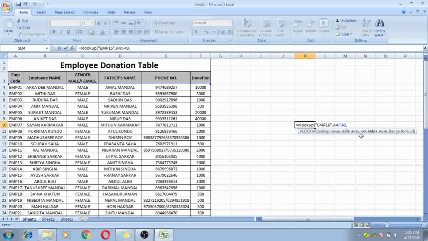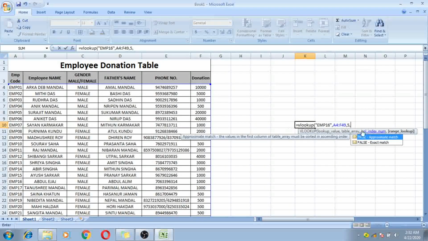Column index number means I want to display the phone number of the employee code EMP16, so just give the index number of the phone number. The phone number index number is 1 2 3 4 5, so just give 5 here.